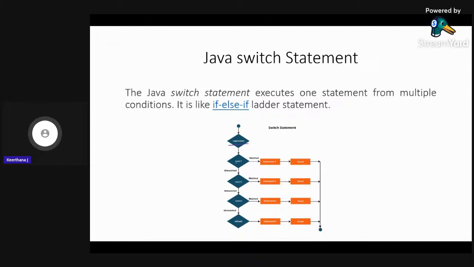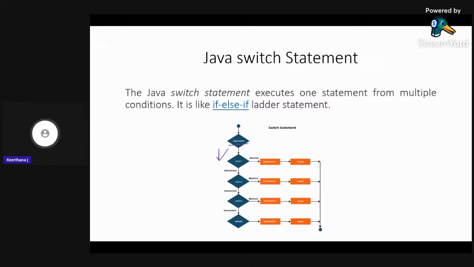And you'll also specify different cases in your switch block. Your control goes and checks with case 1. If case 1 is matched, then the corresponding block present under that particular case will be executed. After every case you are supposed to give the break statement, then only you'll get the accurate result, or else there will be errors in your result.